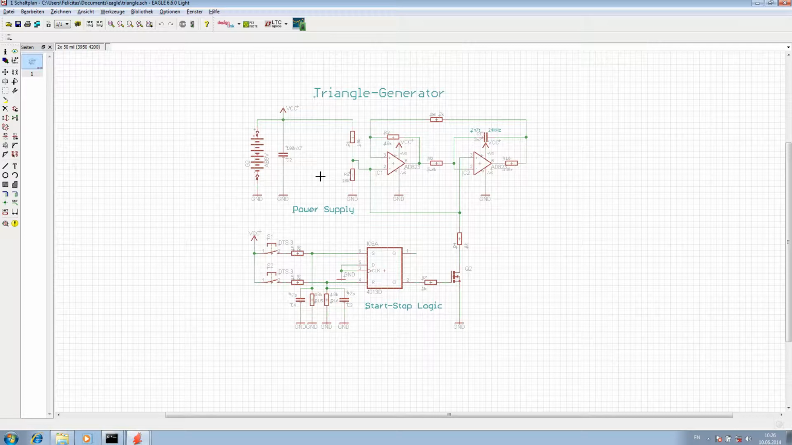For that, I have prepared a small circuit here, drawn in CadSoft Eagle, with just a triangle generator on the top right-hand side, a very simple power supply with just a 9-volt block battery, and a start-stop logic with an SR flip-flop, 2 push buttons, and a MOSFET. Now, if I want to simulate that,